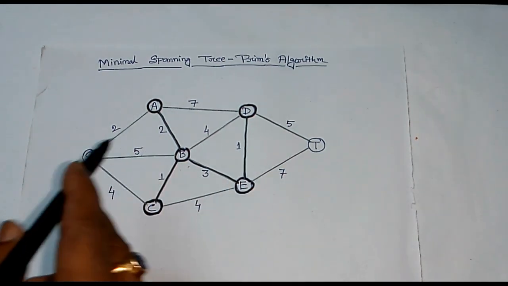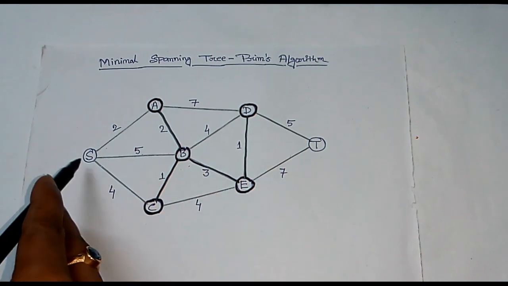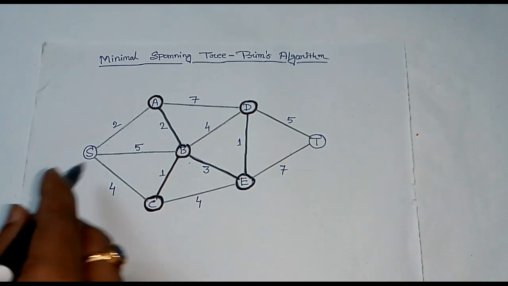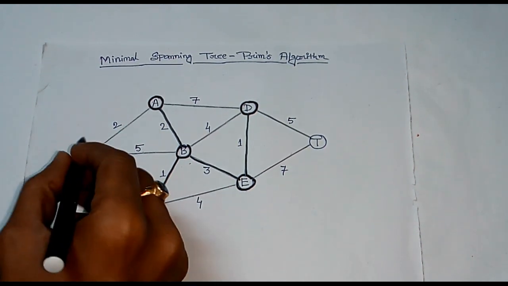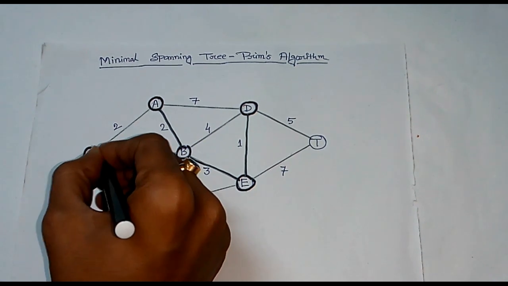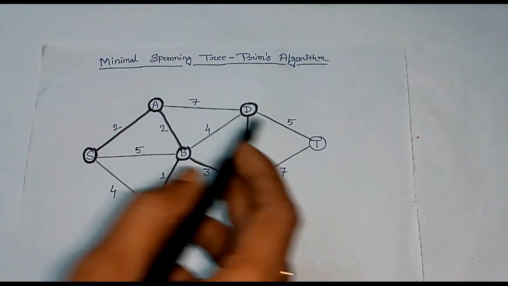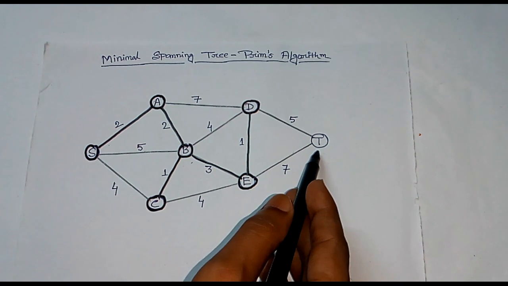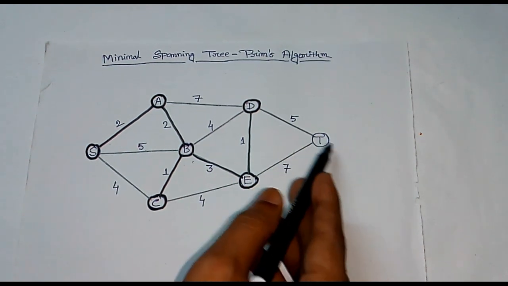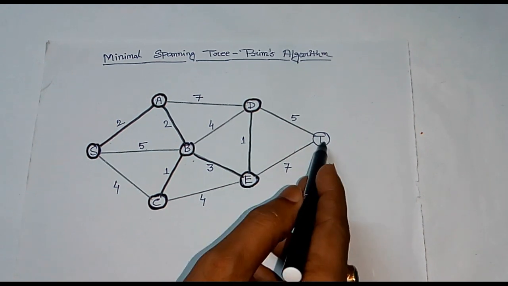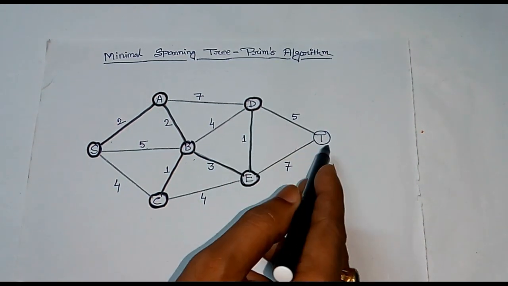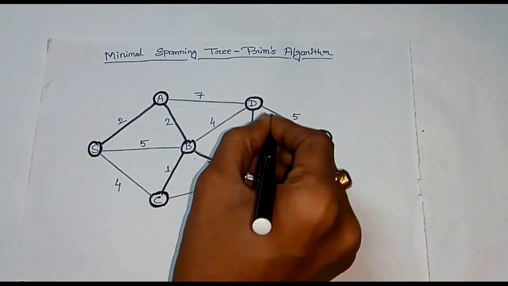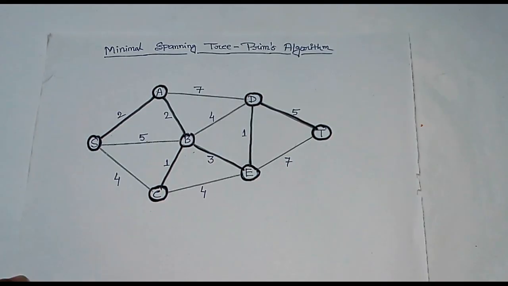Now only 2 vertices are remaining, S and T. For S we have to select a vertex which is nearest to S, and here we see that A is nearest to S, hence we select S and connect this edge. And finally we consider T, so we have to select T and add an edge which is of minimum weight. Here you see that there are 2 edges DT and ET. We may connect either DT or ET, but among these 2 edges 5 is minimum, so therefore we select this vertex and add this edge.